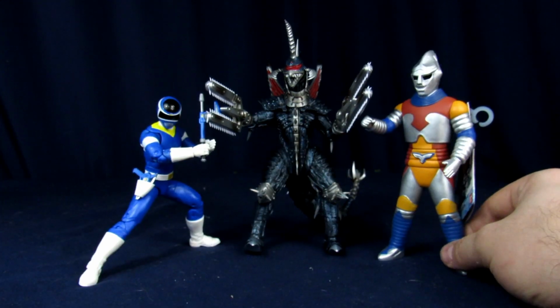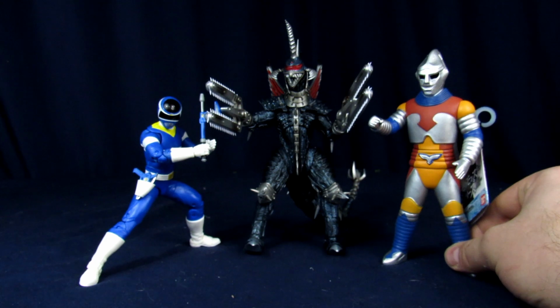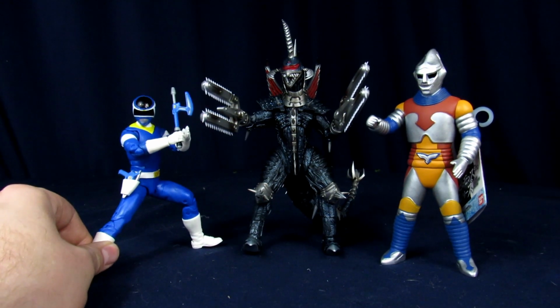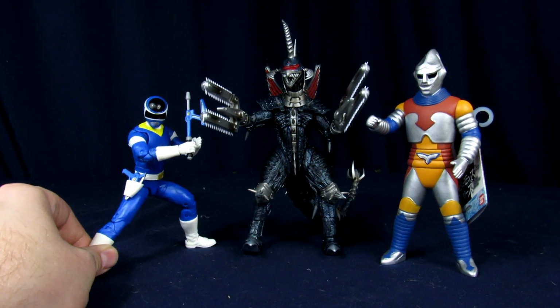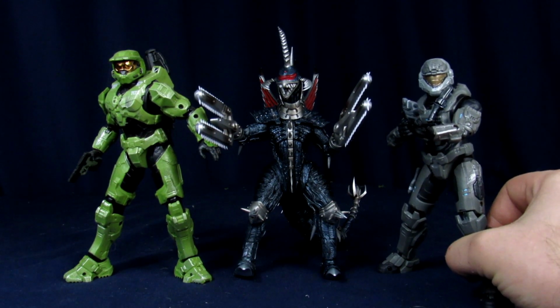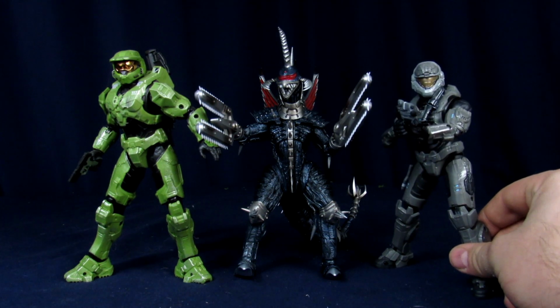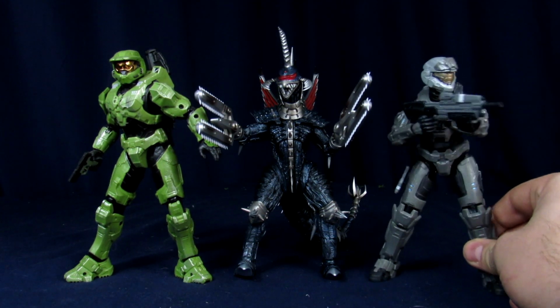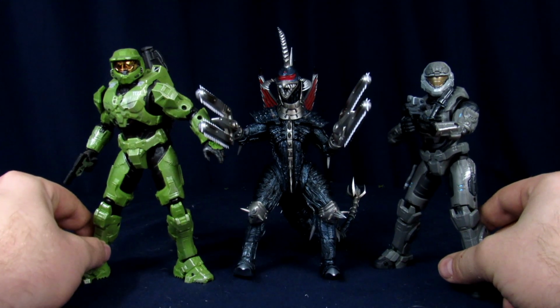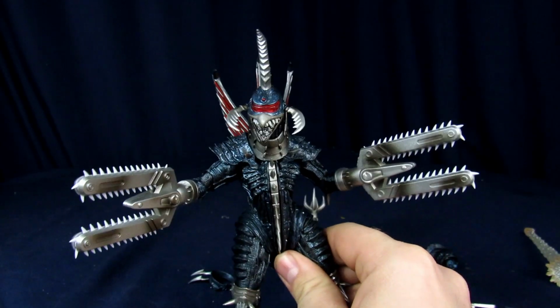And here's some other figures that came in recently with the Bandai Movie Monster Series Jet Jaguar and the Power Rangers Lightning Collection In Space Blue Ranger. And because Halo Infinite came out recently, and you guys should go buy the game, it's awesome, here he is next to some Jazwares Spartan Collection figures from the Halo line, with the Noble 6 figure here and the Master Chief. So, overall for the SH MonsterArts Gigan, you may be asking yourself, Steve, where are all